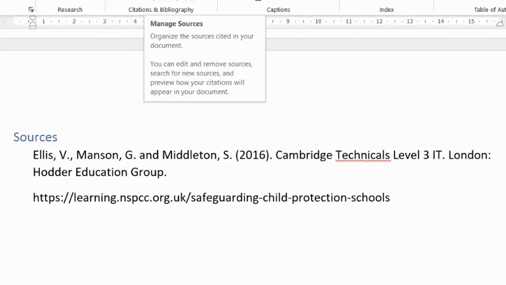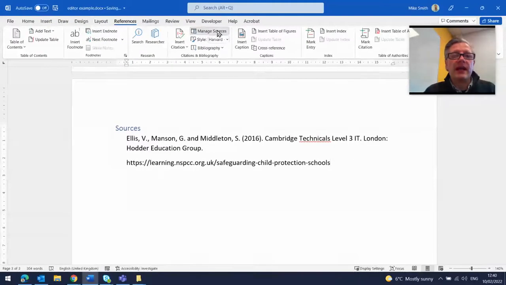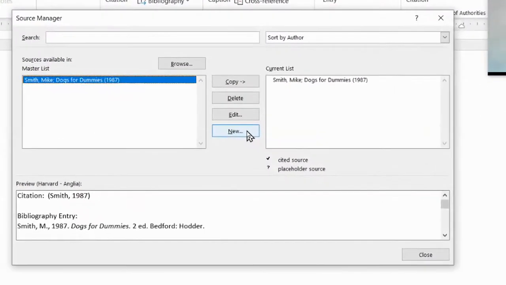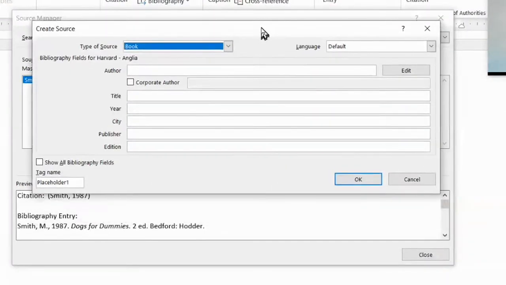So the easiest way to do this is go to Manage Sources and click New. And then what that will enable us to do is to put in all the sources that we know we are going to be using. So we may have been given a reading list. We may have been given a set of URLs that we can use as part of our research. It might be books, journals, PDF versions of books and things like that. So the easiest way to do this is to just basically complete this list of sources,